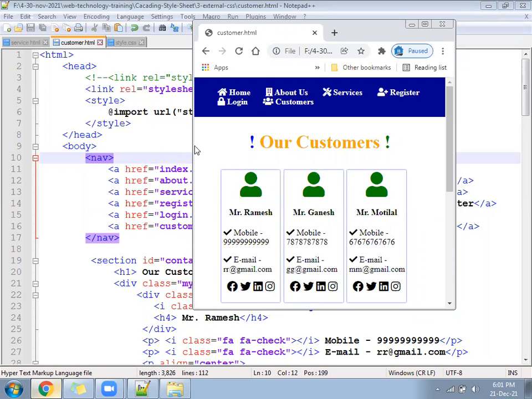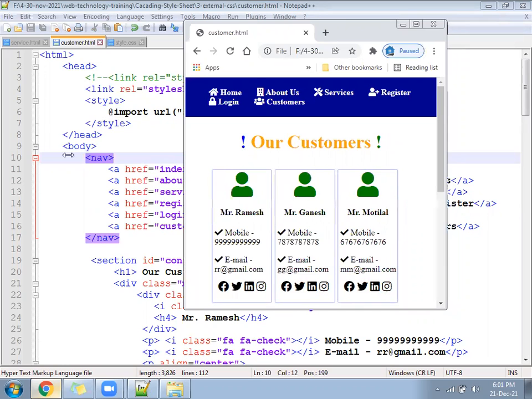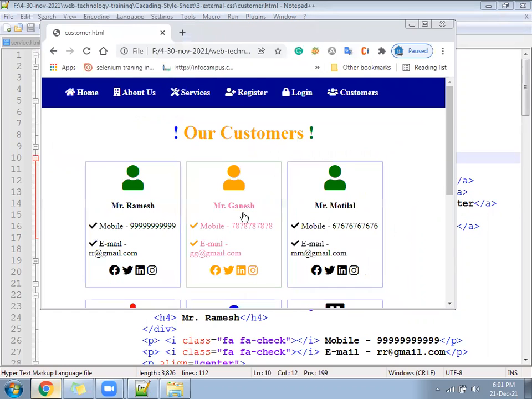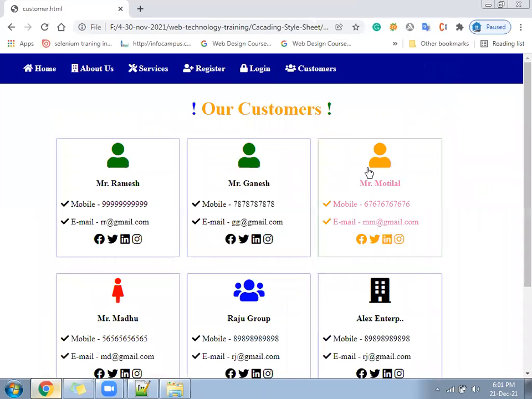Suppose it is a medium device, then two users should come in one line and the third user should go to the next line. If it is a large device, then three users should come in one line. That will happen through CSS only. This CSS remains the same; we just have to apply an if-else condition.